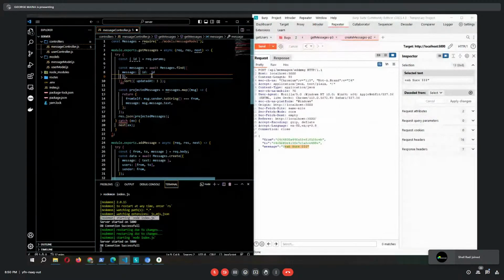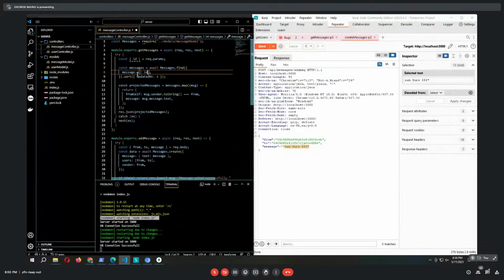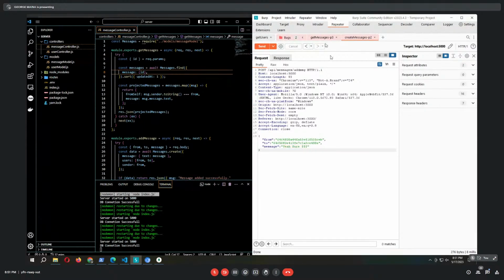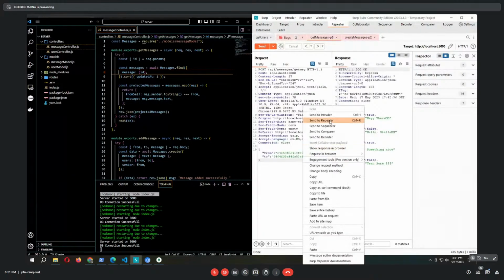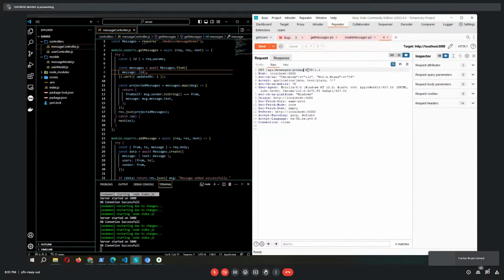How was I doing it earlier? Oh, this is not using GUID, so we can use the ID. Okay, let's try this and see if it works or if you'll have an error. So let's send this get message, send to repeater, change the request method, and